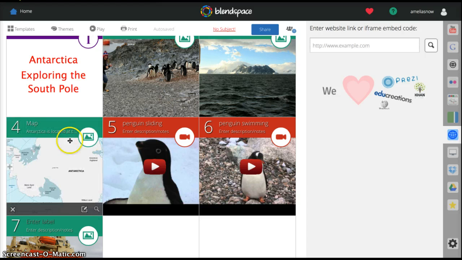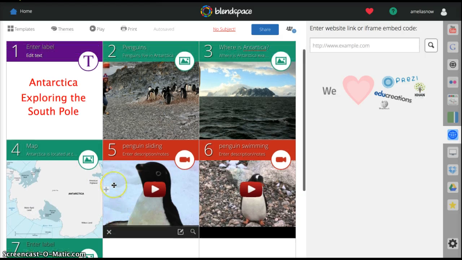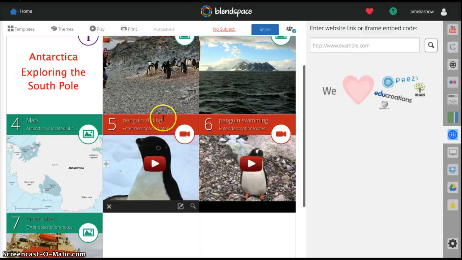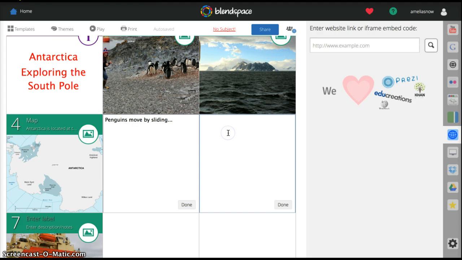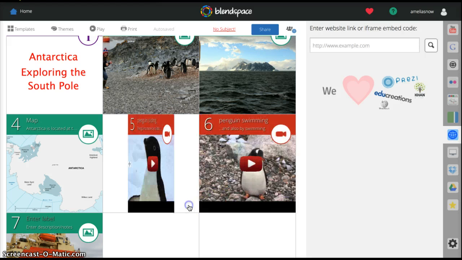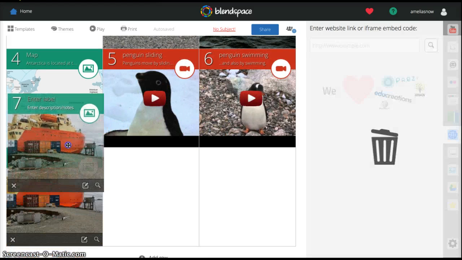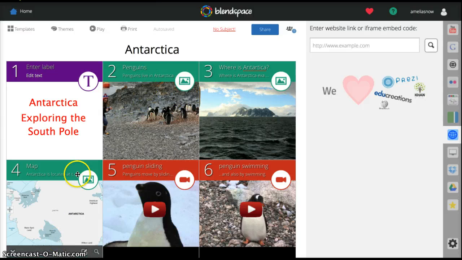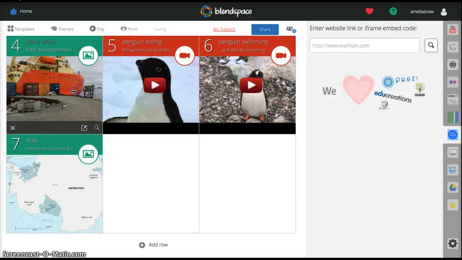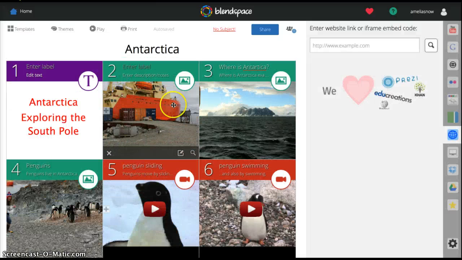So you can see you can add notes and little descriptions for each of these things. And then maybe we want to say penguins move by sliding, and also by swimming. Maybe we want to say penguins live. Maybe we want to put this image first and we want to say